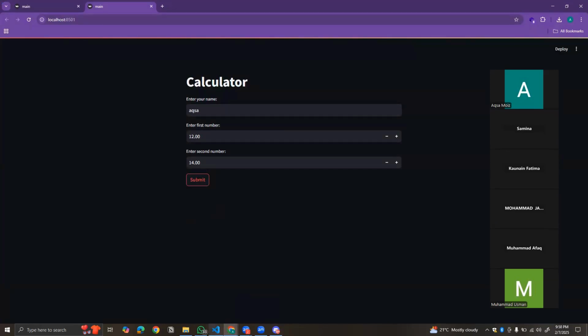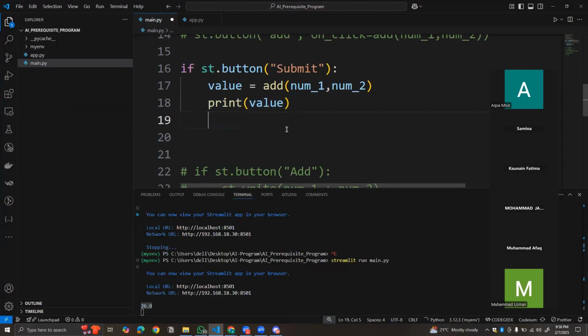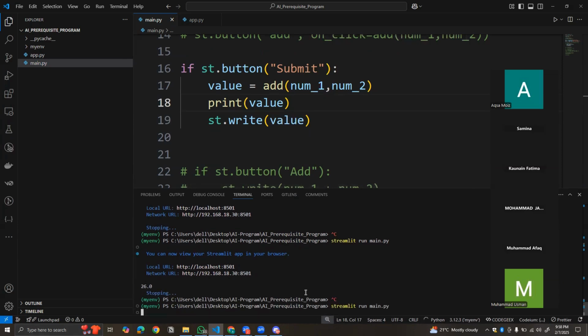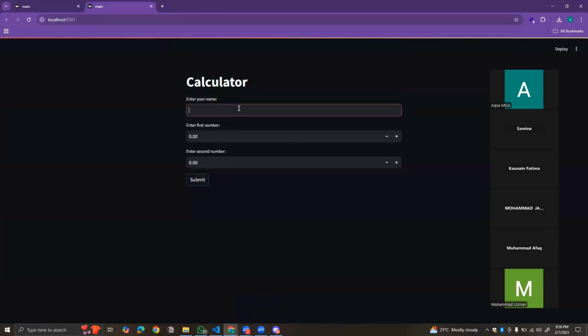ठीक है, जी। प्रॉब्लम क्लियर हुई कि यहाँ पे मैंने अपना फंक्शन कॉल किया था, उस फंक्शन से रिजल्ट मुझे आ रहा है, बट ये रिजल्ट मैं यूजर को नहीं दिखा रही। इस रिजल्ट को मुझे यूजर को भी दिखाना है। तो ऐसी सिचुएशन में हम अगेन स्ट्रीमलिट का यूज करेंगे, st.write। राइट का जो फंक्शन होता है, वो जो वैल्यू आप यूजर को शो करवाना चाहते हो वो शो करवा देता है। ठीक है, मैं दोबारा से अपना सर्वर रीरन करूंगी। देखो, मैंने दोबारा से अपना सर्वर रीरन किया। सही है, अब मैं यहाँ पे अपना नाम लिख देती हूँ, यहाँ पे 34, यहाँ पे 50 लिख देती हूँ। अब जैसे ही मैं सबमिट करूंगी, देखो, आ गया 84। रिजल्ट आ गया यूजर के सामने।